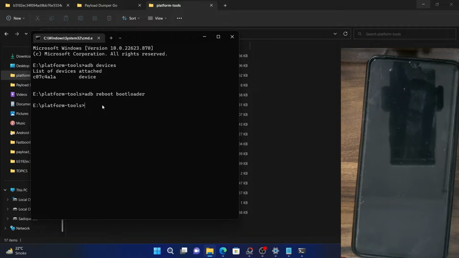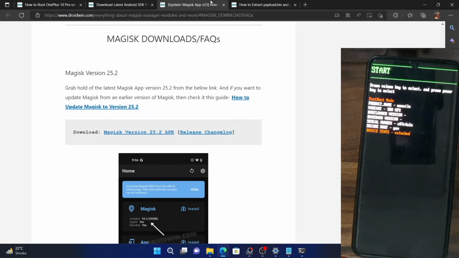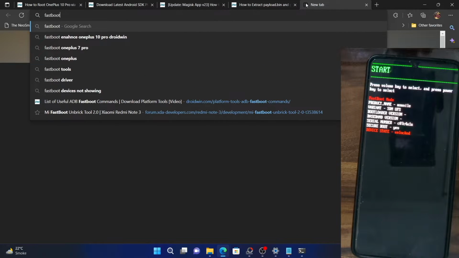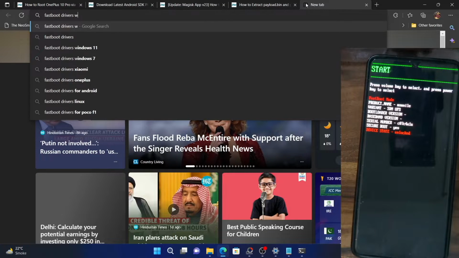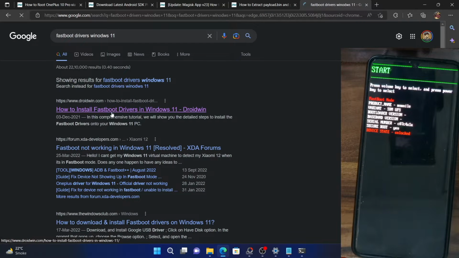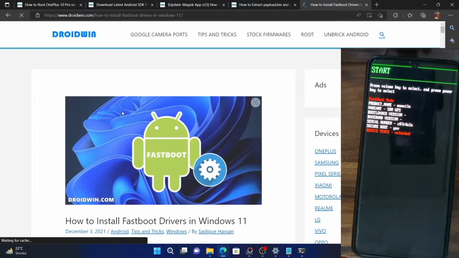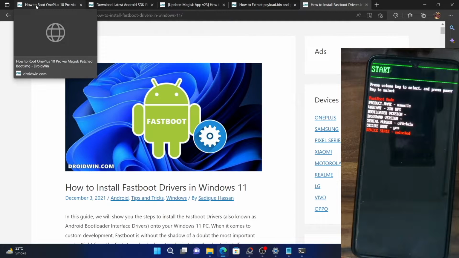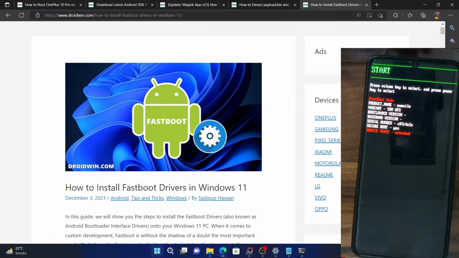Once that is done, your next course of action is to install the fastboot drivers as well. I've again made a video on that. Fastboot drivers for Windows 11. So you will have to install this driver on your PC as well. To verify if these drivers have been installed or not, first and foremost, you have to boot the device to fastboot mode. In my case, you could see it's booted to fastboot mode. Then open device manager,